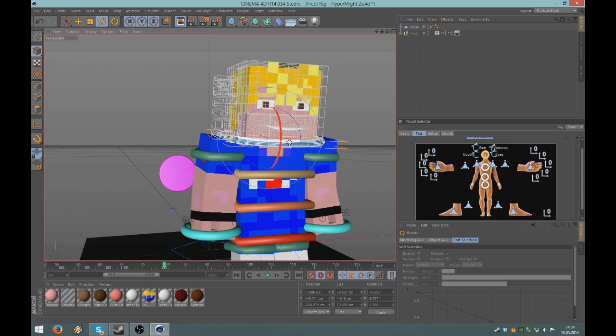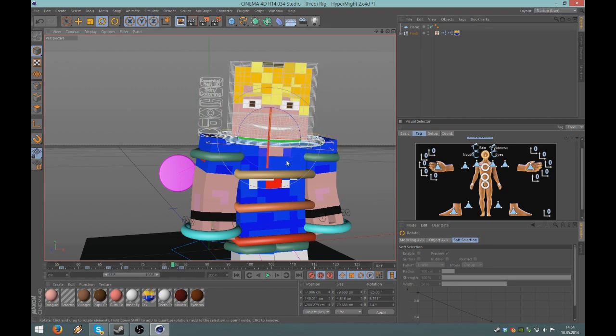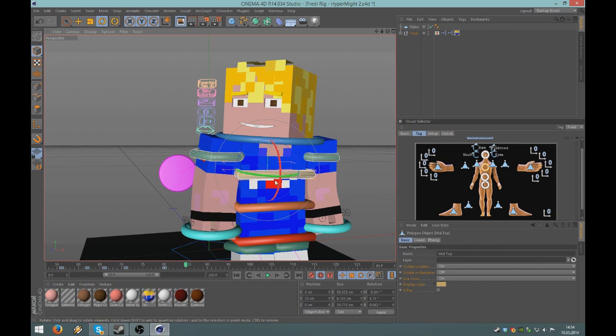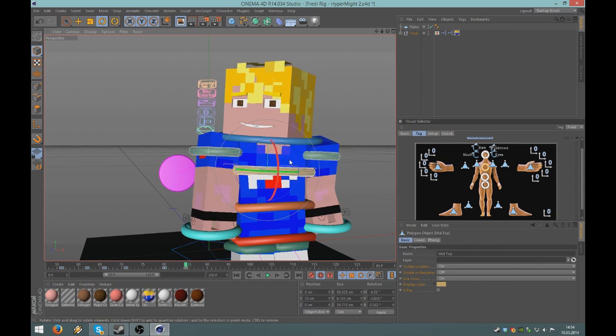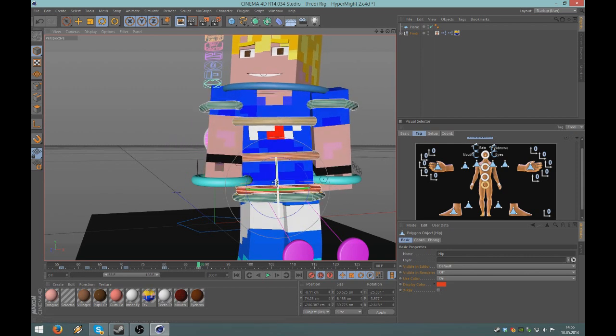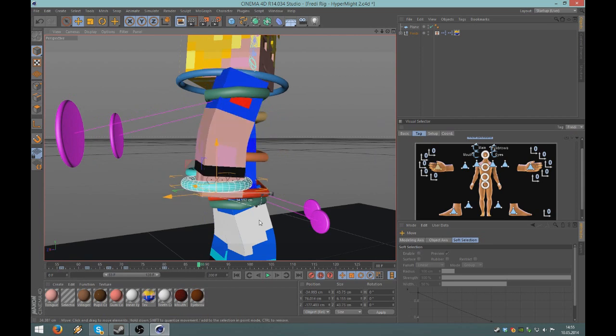So I am going forward. I don't know, what do you have? 5 frames? 1, 2, 3, 4, 5. Yes. 5 frames, rotate the head, go 1 more frame forward, rotate the shoulder, go some more frames forward, rotate the hip. But just a little bit for now. And the arms, of course,